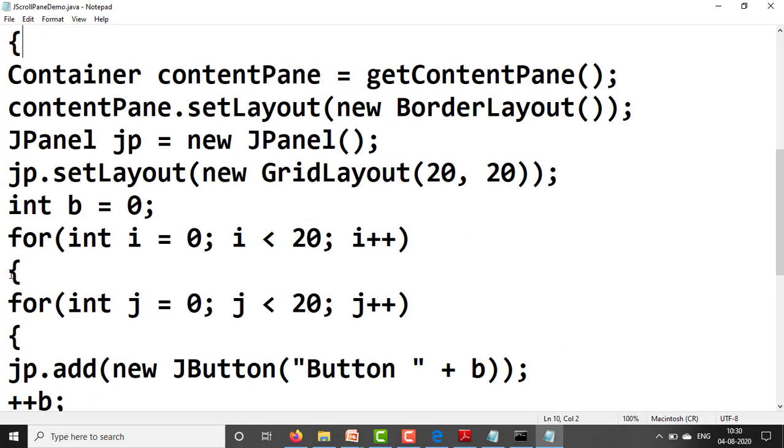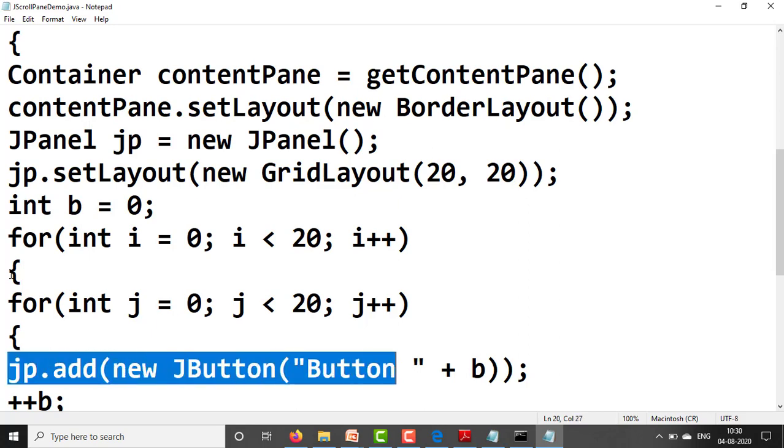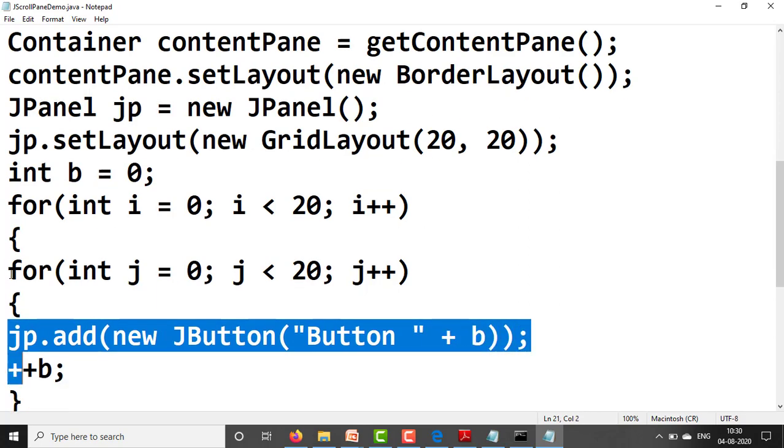Here, first we need to get the content pane. Next, set the border layout. Next, create the object jp, and for that jp set the grid layout, new GridLayout. Next, we create the buttons, with integer b for the number of buttons, and captions from button 0 to 399, or 1 to 400, using the outer for and inner for. jp.add(new JButton) with captions Button 1, Button 2, Button 3, and so on, plus b.